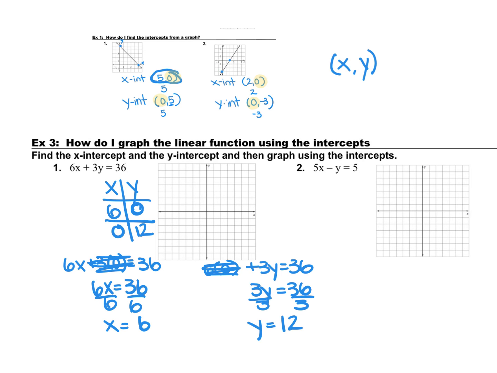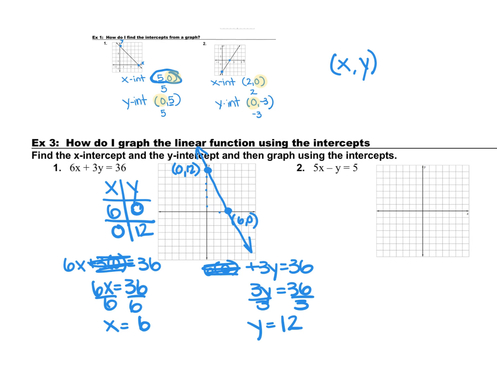So now we'll take these 2 points and we're going to plot them. These seem a little bit big for that 12, so let's just go by 2's. So I'm going to plot the x-intercept. I'm going over 2, 4, 6. All right, so here's my 6, 0. And then we're going to go up again by 2's, 2, 4, 6, 8, 10, 12. So here's my 12, and this is going to be 0, 12. And now once you have those plotted, you can just draw a line going through them, and you have graphed